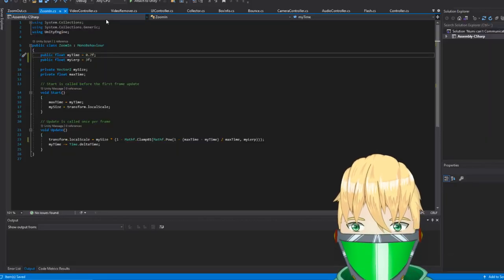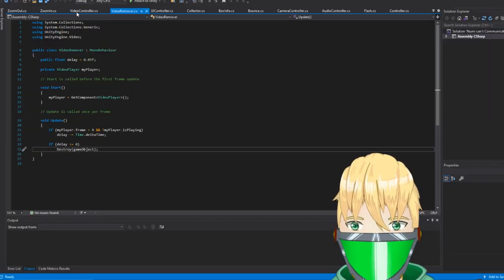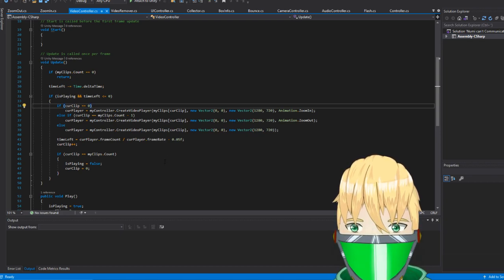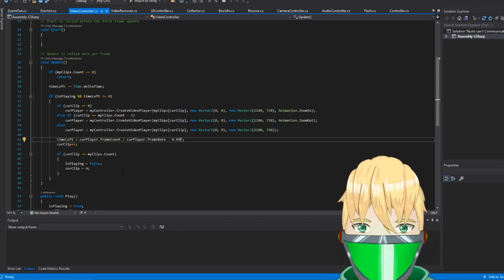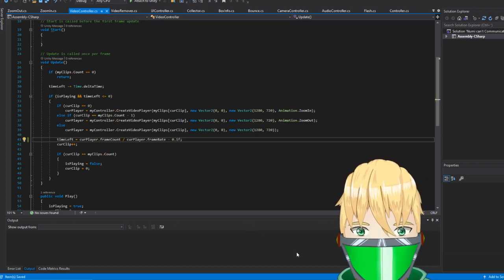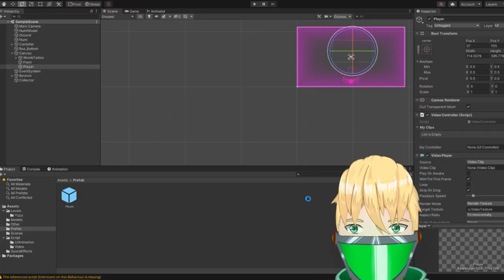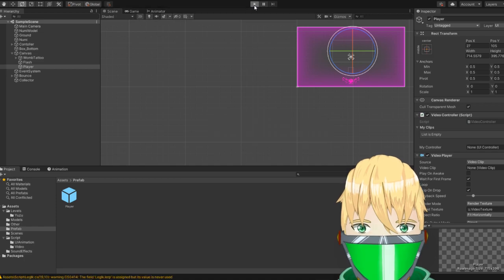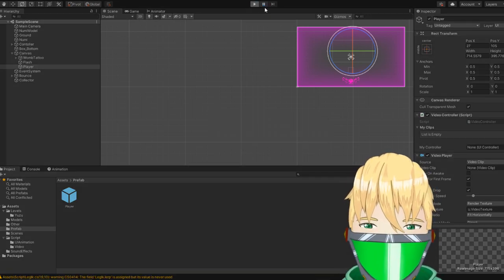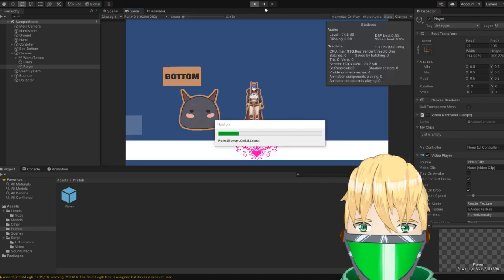Only thing I can pretty much do here is set the video controller to instead, because we have the time left here, so I'm actually starting the clips like 0.5 seconds before they actually end, just so we don't get that. So if I started at 0.1 seconds instead, just so it has time to load, pretty much.